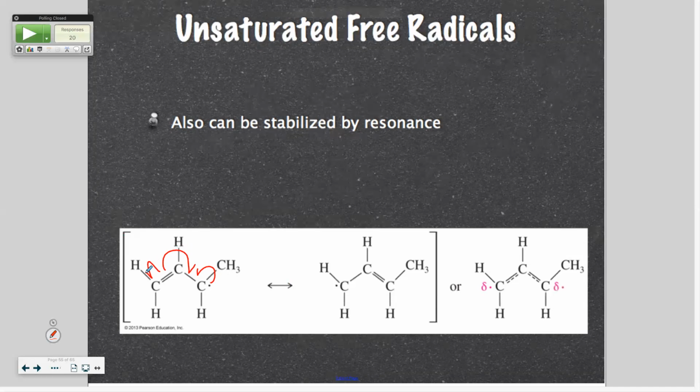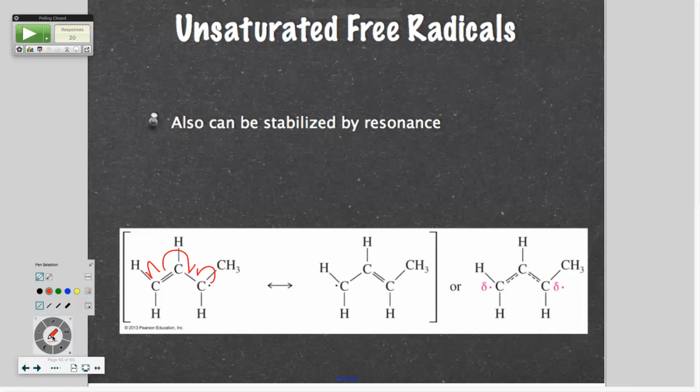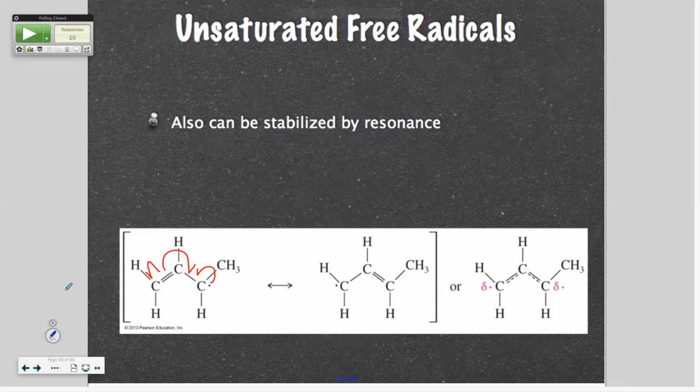Okay, so just for practice now, draw the arrows on here to show this one going back to this one. How would you draw the arrows to go back to the original? Make sure that you've got it in your head. This one and one of these will make the double bond. And what happens to the other electron in the double bond over here? It goes to the carbon. Make sure you're using the fish hooks.